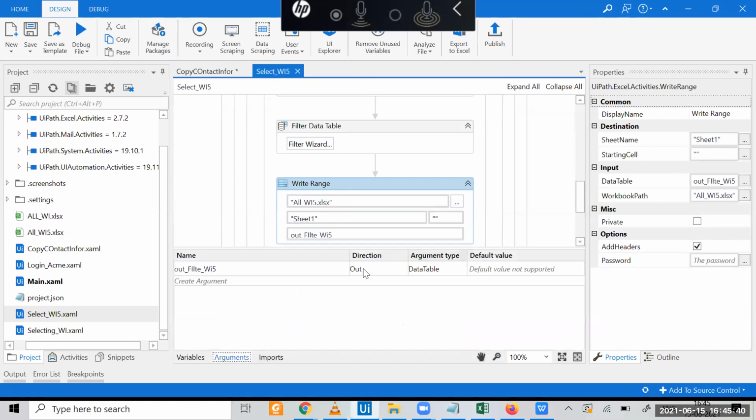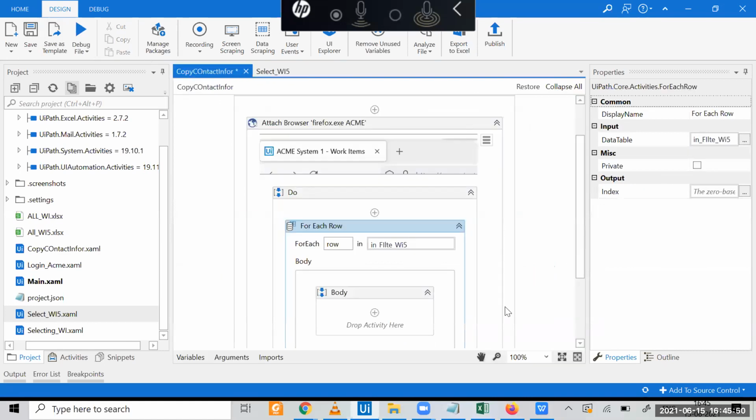So I'm giving this as an output. This sequence is sending the data out, understand? And this sequence is taking the data in. Understand? Yes, sir. So this takes the data.